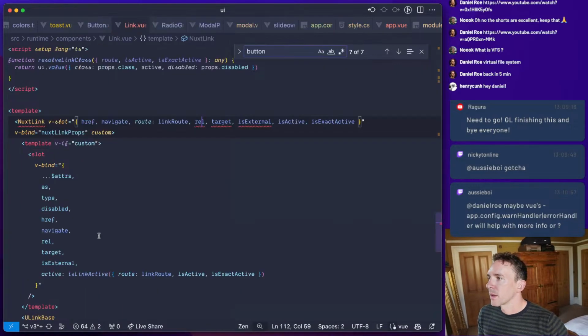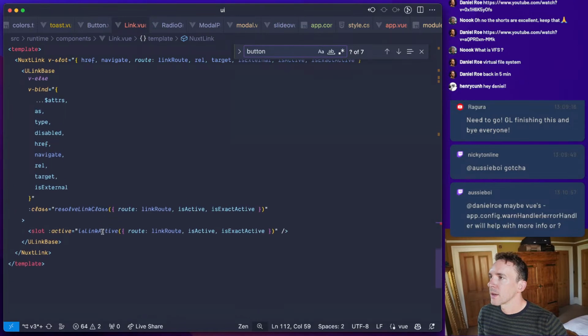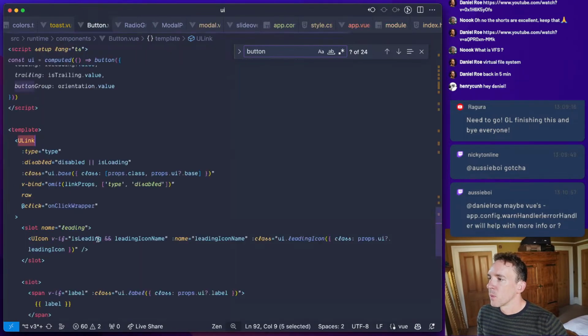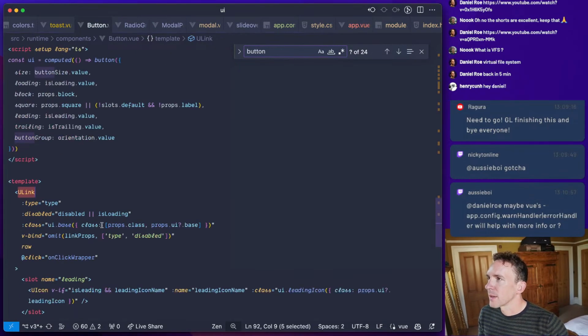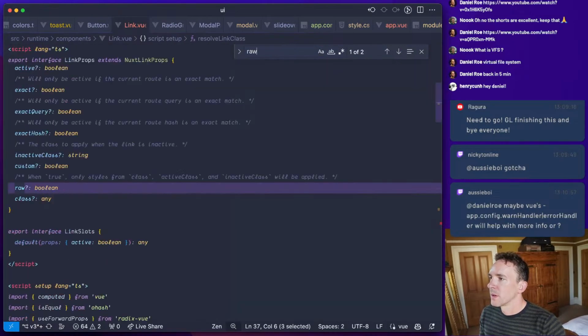So link. Why is it always loading a link? What does raw mean?